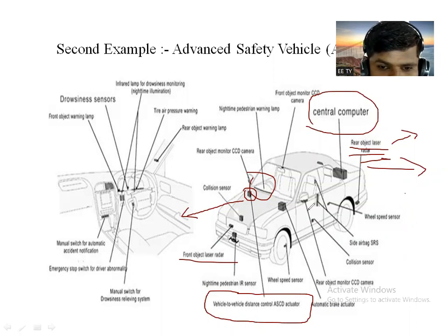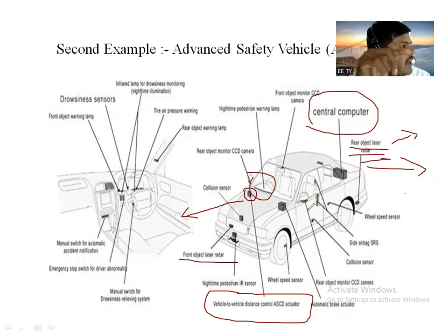Okay, so this is one of the advanced safety vehicles manufactured by Nissan. This is totally related to the safety point of view, and a number of sensors can be used regarding safety. Distance sensor is there, velocity sensor is there. It may be that the car speed goes to 150, then also automatically the speed should be reduced to its normal range, depending upon the track also, right? Depending upon the track, the speed of that vehicle also reduces.